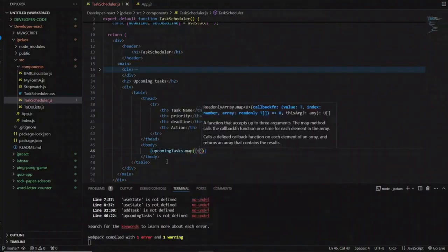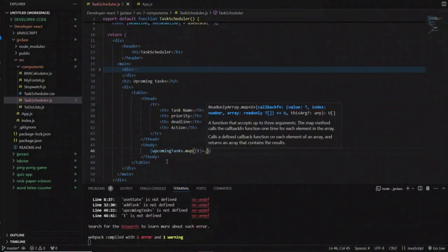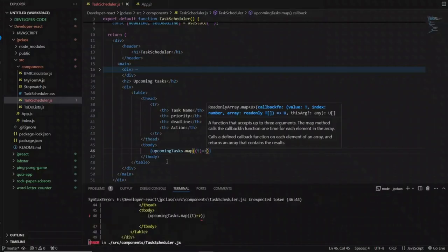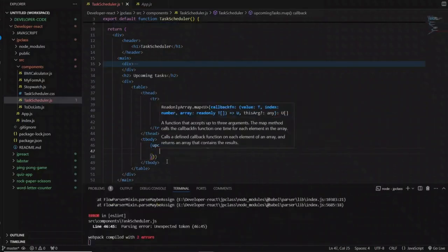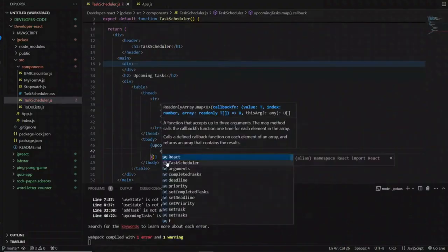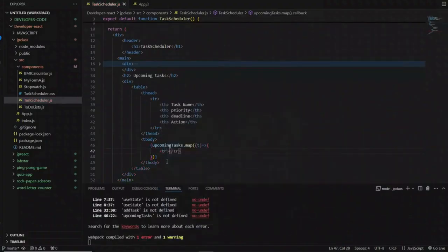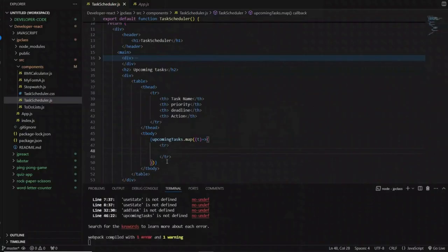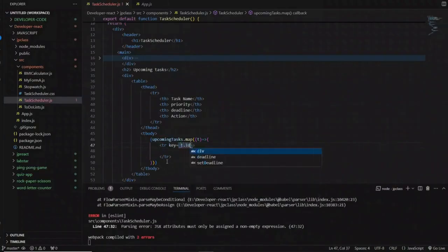Inside map t, then tr, making it dynamic. That's why we create these things. Tr. Inside tr we create one key. Key should be t dot id,